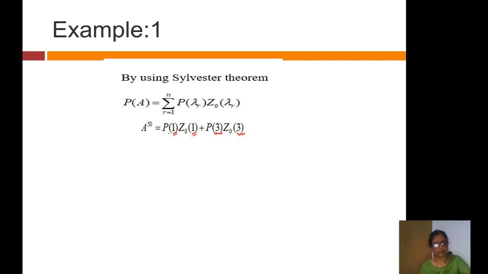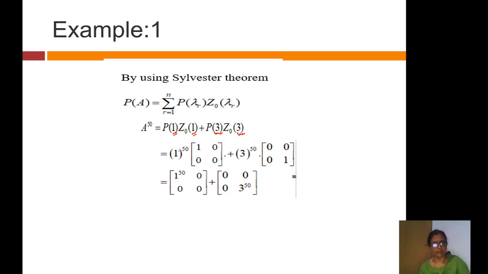Then we easily find the value of P of 1. A is replaced by 1, that means here 1 to the power 50. From this we substitute the value, then Z0 of 1, equation 1 is this. P of 3, that means P of A equal to A to the power 50, therefore A is replaced by 3, so this value is 3 to the power 50. Then Z0 of 3, that means equation number 2. Add these terms and finally this is the